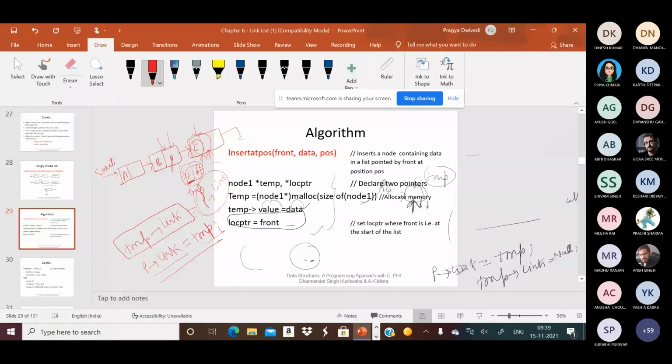If we reverse this, then what would happen, like if we write in this way: p->link, firstly we assign this temp. Ma'am, please repeat the question. I am asking that firstly we assign p to link equal to temp, like assigning temp's address to it first, then temp to link equal to p to link.